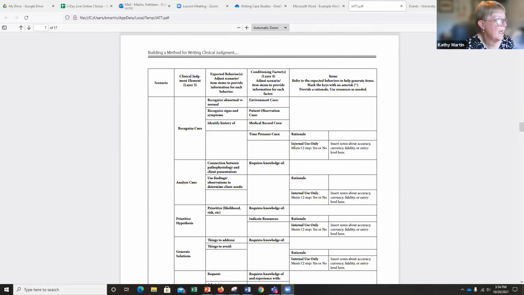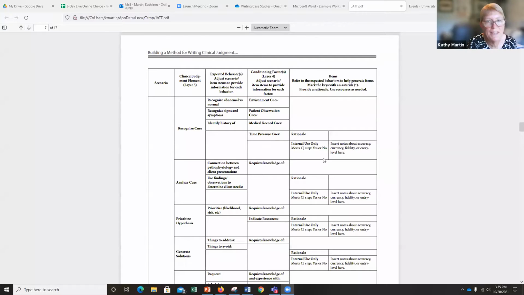And I mentioned that, having another faculty evaluate: are we measuring the correct step of the clinical judgment model? Is it accurate? Is it fidelity, meaning is it true to its nature? So basically the author is saying, please make sure that you have a process where someone else is going to be reading the elements of your case so that it rings true to nursing practice. And so while reading this, I thought, well,